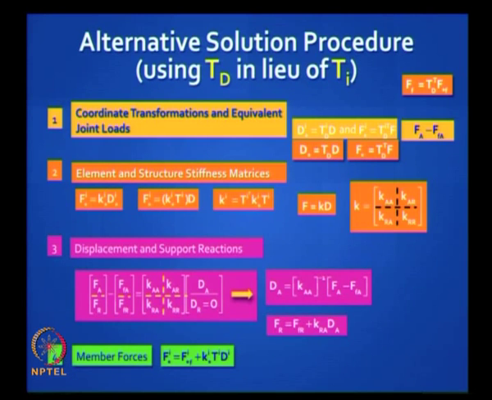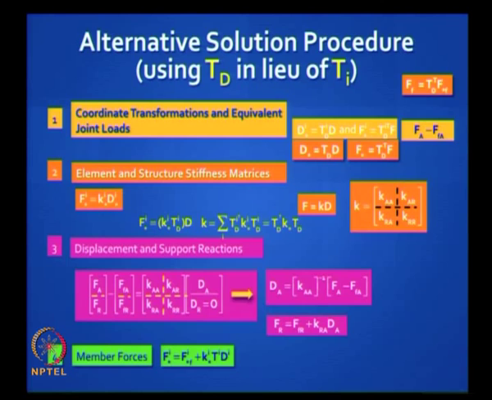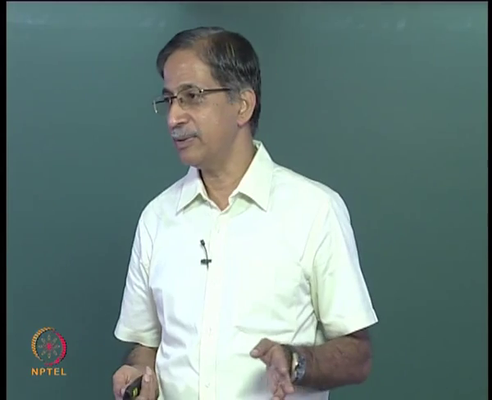The second step, will there be any change in generating the stiffness matrix? Remember, in the earlier method you had to actually slot them with the linking global coordinates. You don't have that problem now, so it's simpler. This is the transformation you will do and you can sum up for all the matrices. We will demonstrate this. You end up with exactly the same structure stiffness matrix, so it's just a choice.